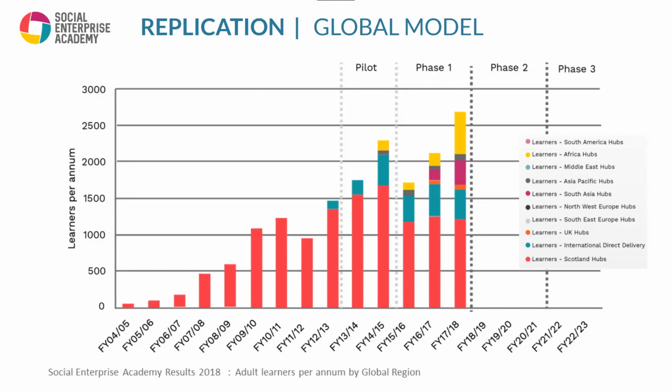This is what's happened. So those first few years, the red elements just operating in Scotland, you can see that we've sustained and not taken our eye off the ball in terms of keeping the Scottish market and service to Scottish communities going. But all of the coloured elements from 2012 onwards through the pilot and phase 1 of replication show delivery in other countries and by other country teams, to the point where last year our delivery outside our domestic market was now equaling the delivery inside it. And it just shows how long it takes to enter new markets, build new teams, help to secure funds, and get them delivering at a similar sort of level. So we're broadly on track from what we forecast,